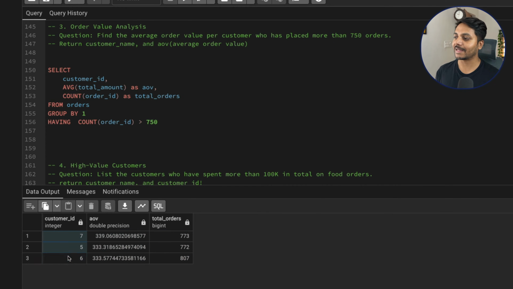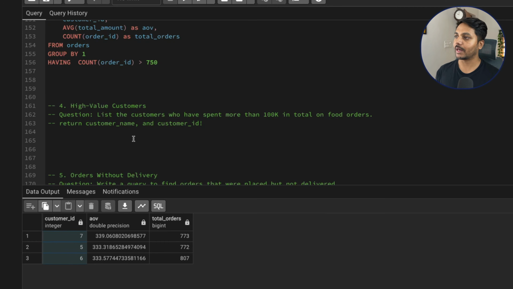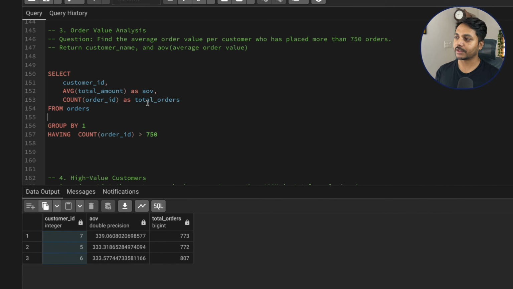Now we just need to get the customer's name based on this customer ID. That means we will need to join with the customers table. If you see in the customers table and the orders table, we have customer ID in both tables as a common column. So I will simply go ahead and say JOIN here. Okay, now the thing is that you cannot join here, because as per the order of execution in SQL, you can do a join after this FROM condition. So you say JOIN